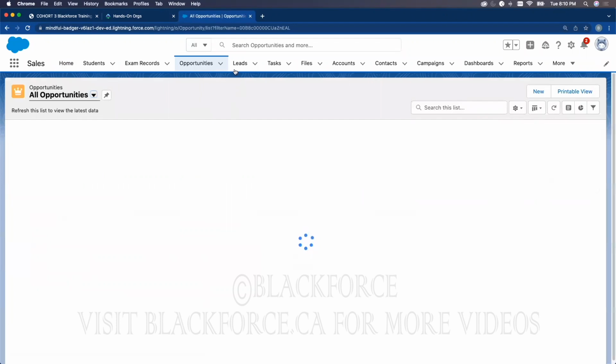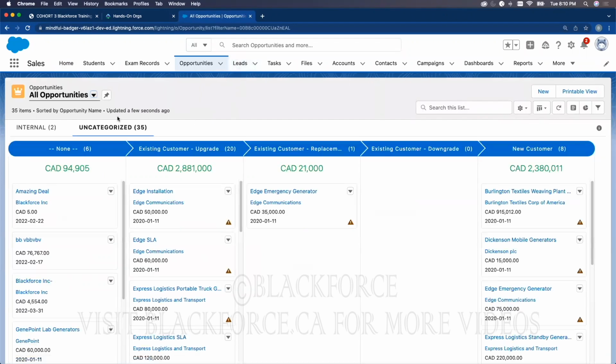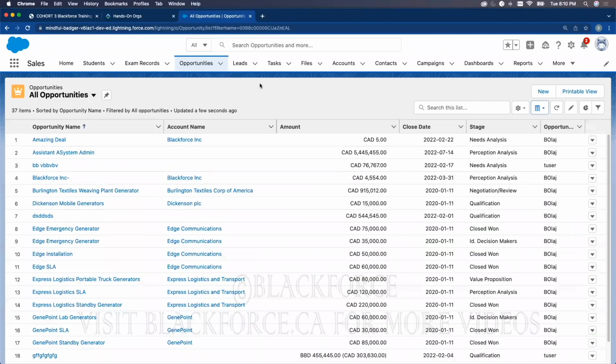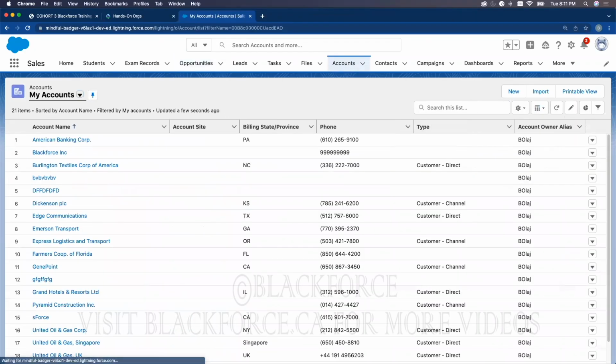We have some data in the opportunities objects. I can change this display to list view. We have data in account objects and the likes, okay? So now, when it comes to data in Salesforce, data can be imported, exported, or transferred within the Salesforce using